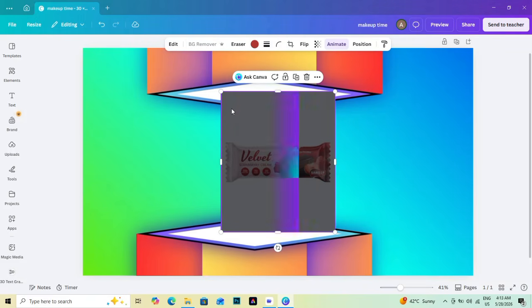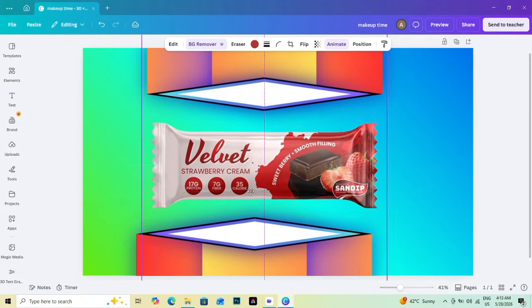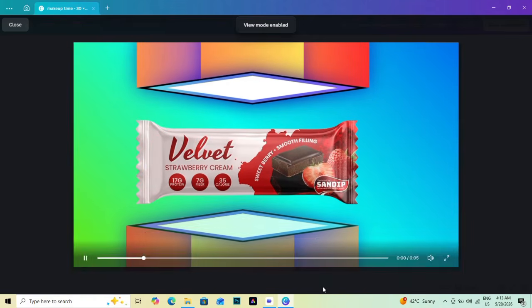Add thin geometric accents or subtle border lines with reduced opacity for structure. Use position tools